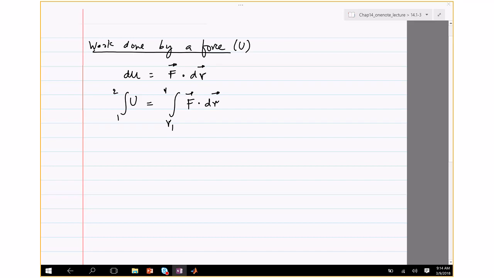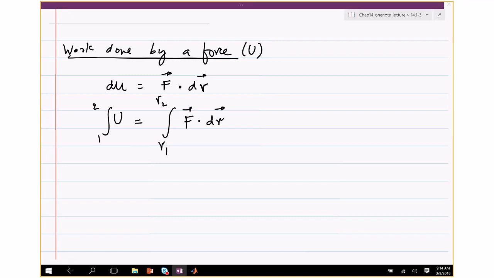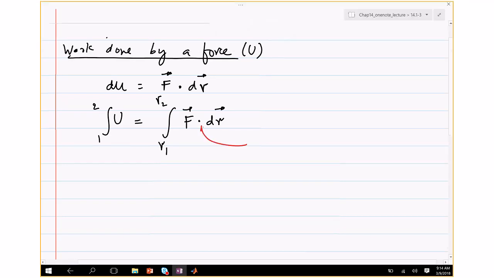Now this one assumes that you know the force as a function of distance, right? If you know F as a function of r, then you can integrate the equation. Another thing to note is that this is a dot product. What does the dot product do? It gives you a scalar, right? If you have a dot b,